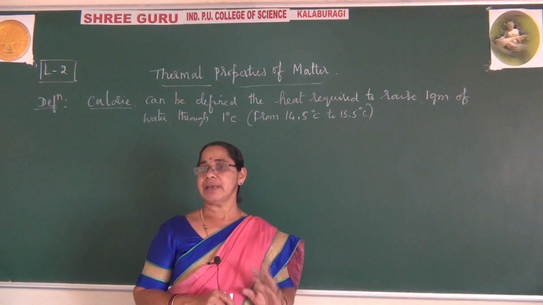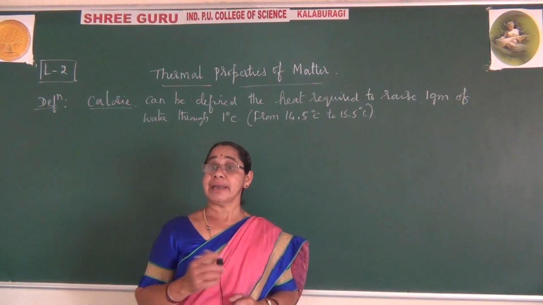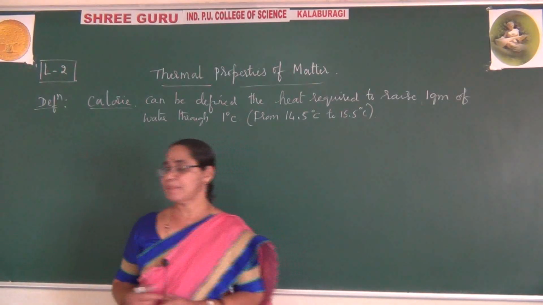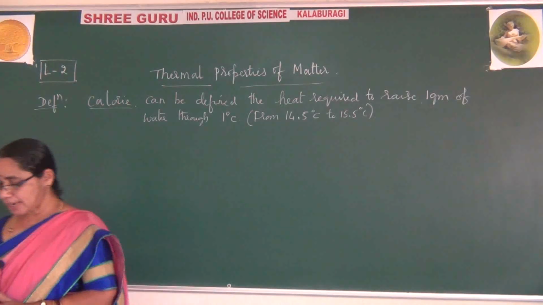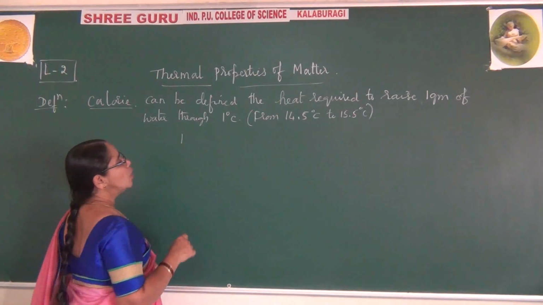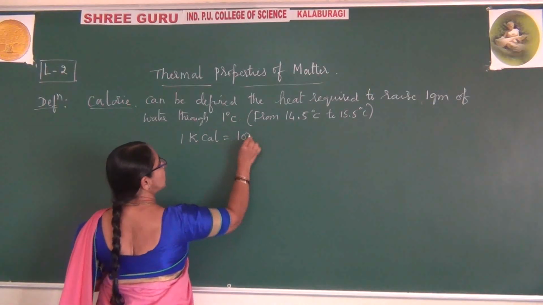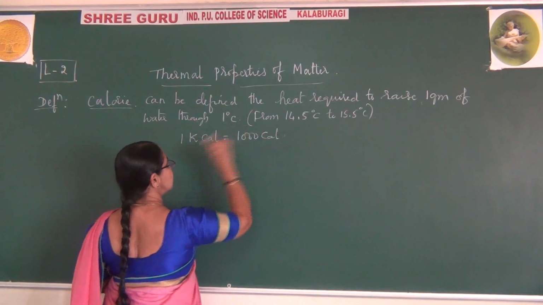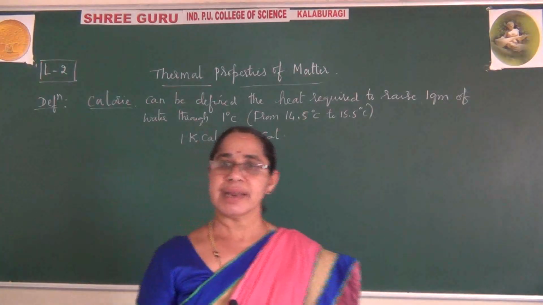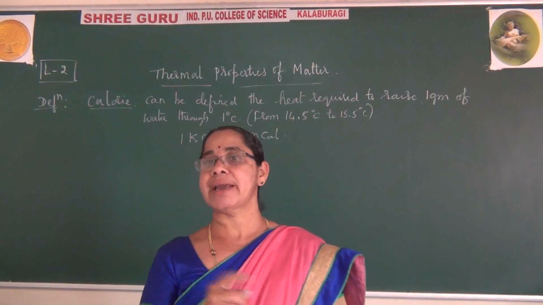Okay, we have learned the unit of calorie. And remember the higher units: whenever we want to express higher units, we express them in kilocalories. 1 kilocalorie is nothing but 1000 calories. So when we want to express larger units in calories, we use this condition: 1 kilo means 1000 calories.